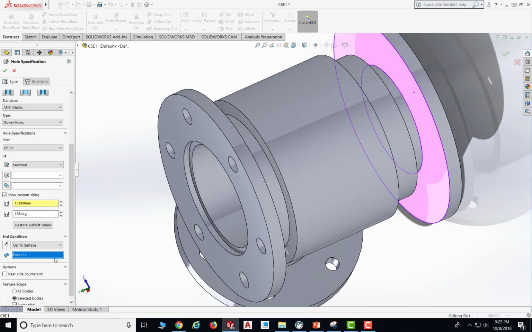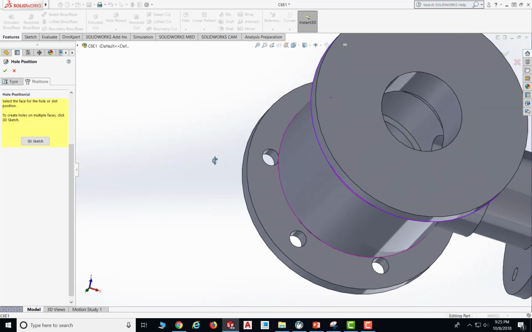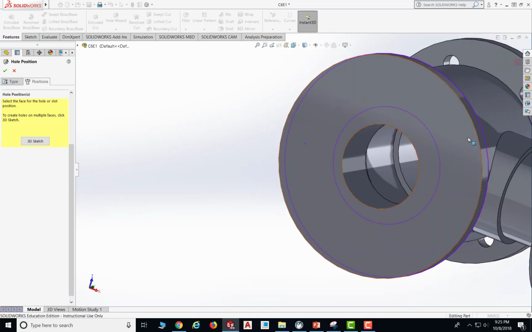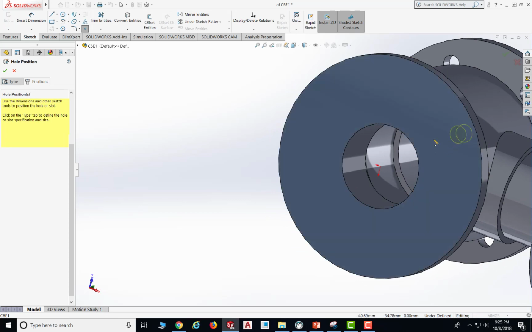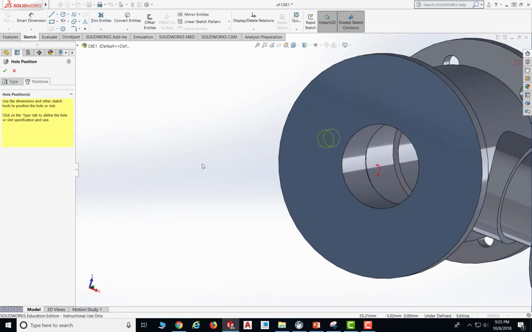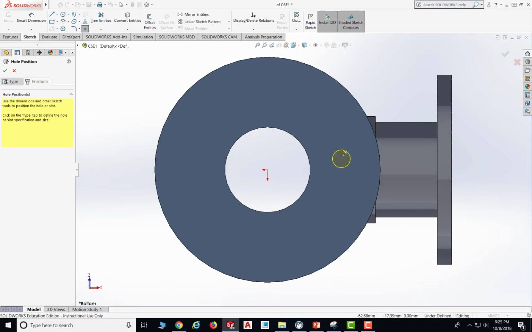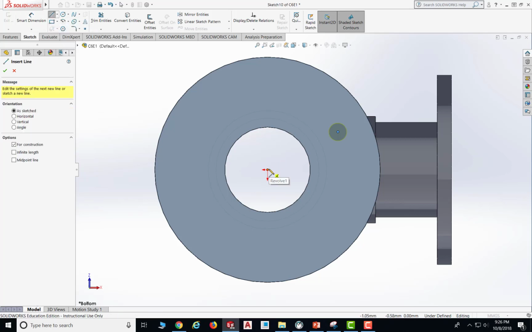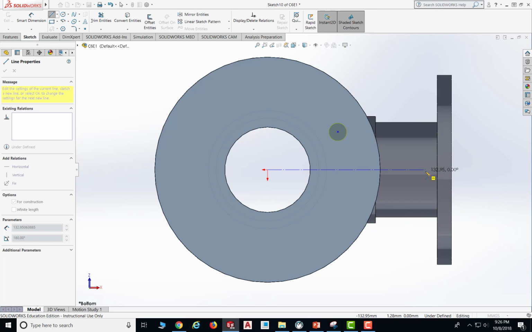Okay. And now I go to position. I select the surface I want to make a hole, which is this surface. Now place a hole here. So first of all, let me make sure I'm in the right direction. So I go to a bottom view, and I put my hole here, and dimension that. So I first of all put some center lines from here, so straight. Make sure the